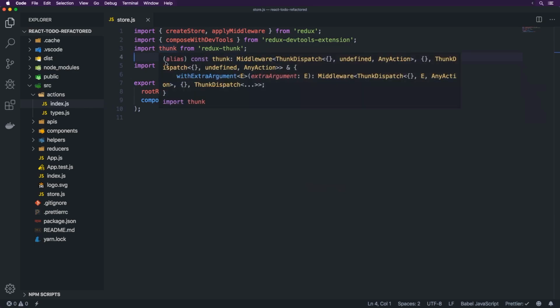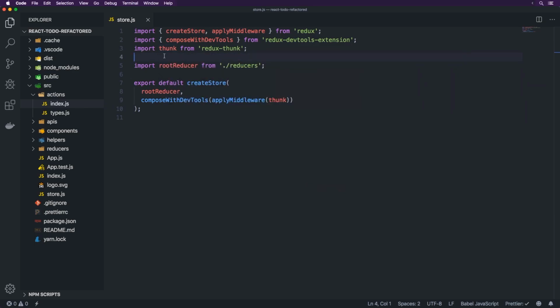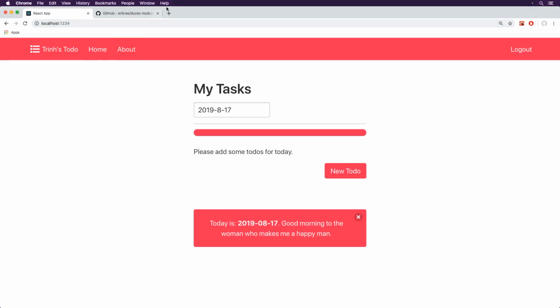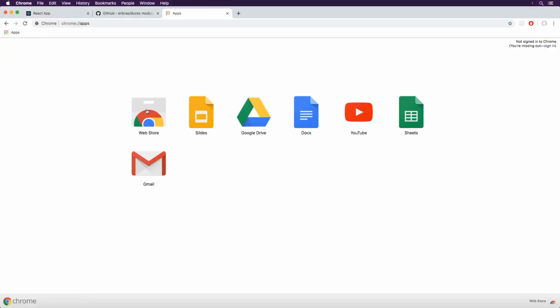The other way is to use sagas, but my point here in this video is just to showcase how Redux is being implemented across the app. If you have a look through the actual code yourself, you'll find that a lot of this application is built around Redux, and pretty much everything is embedded in Redux in one way or another. So I'm going to showcase that here with the app, and I actually forgot to install the DevTools extension, so